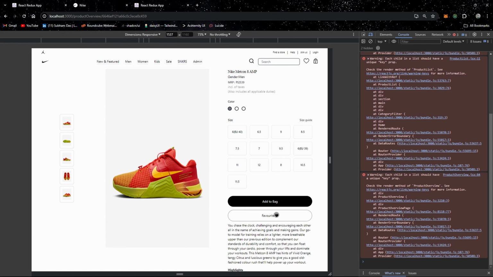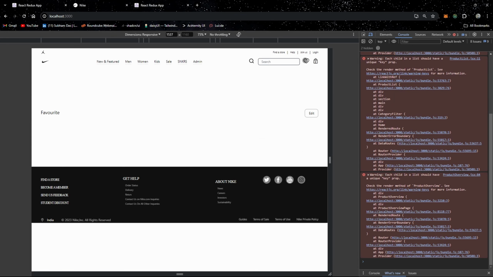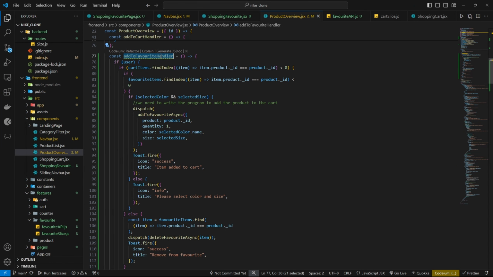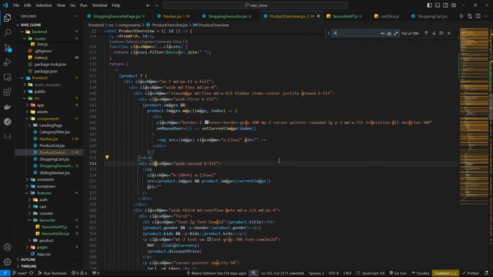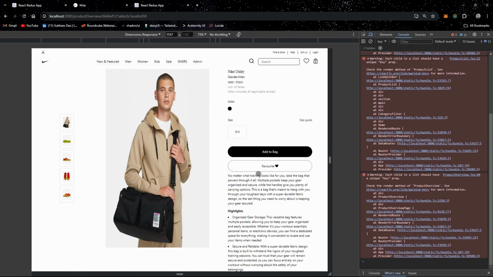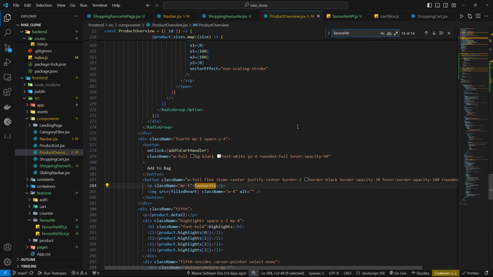If I click on the favorite, nothing is happening, and yeah, nothing is happening because I have not used this function yet. So for using this function we need to add it in the add to favorite. Okay, the name is favorite only. So up here we have the favorite,